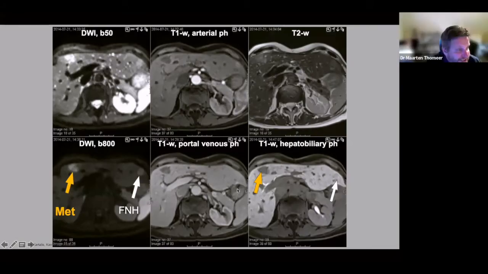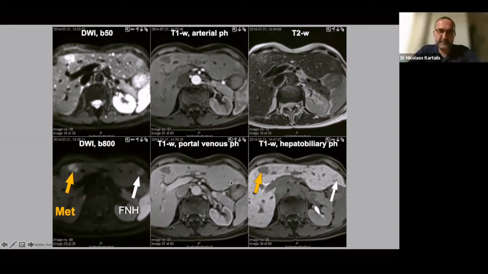And Nikos, I have a small question. In comparison to the surrounding liver, you cannot say if it's hyper or hypo-intense on the ADC, but you can also measure the absolute value of the ADC. You will see in this case that it is hyper-intense on the ADC, but if you measure, it's maybe below 1. Then it will act like restriction. Would you agree with that?